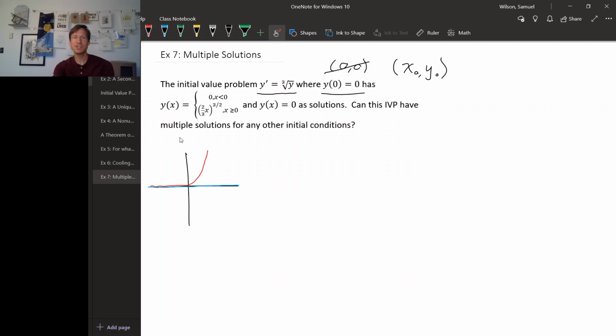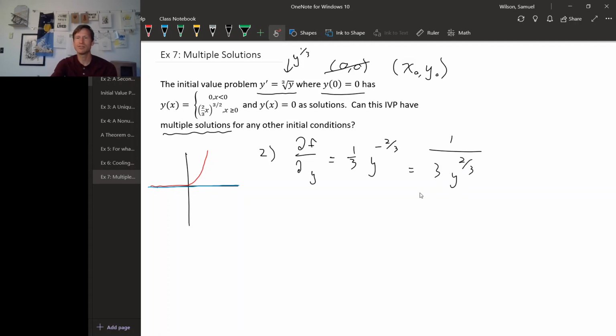Well, that's a question of uniqueness, right? We want to know, are there any initial conditions where we cannot guarantee uniqueness of solutions? So we need to check part 2 of our existence and uniqueness theorem, because that's the part that deals with uniqueness. So let's calculate partial f partial y. Take the derivative of this cube root of y with respect to y. Cube root of y is y to the 1/3. And so when you take a derivative of that, you get 1/3 y to the minus 2/3. And that's 1 over